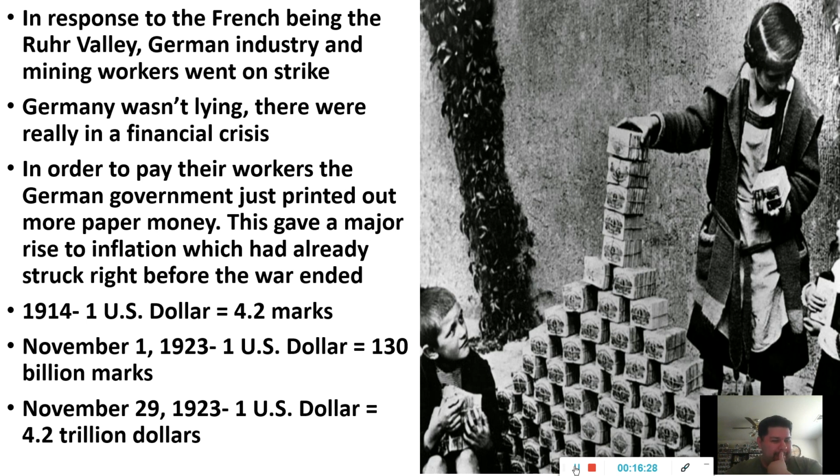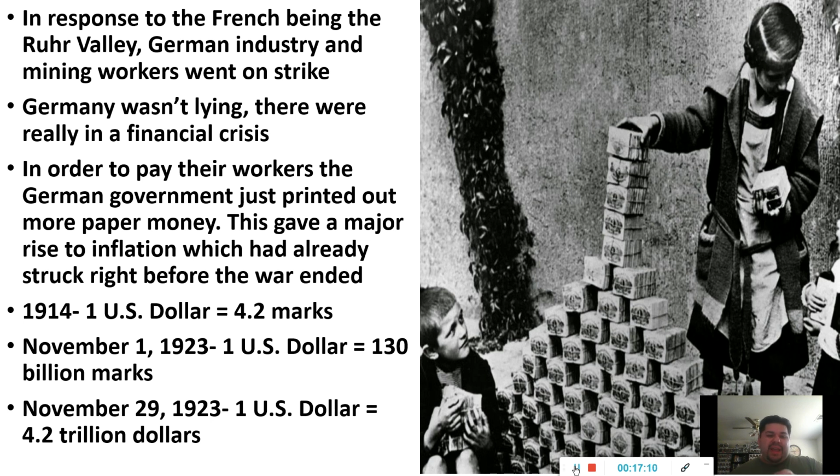And you have to remember, some French people were actually like, those Germans, they just don't want to pay us. They're full of crap about being in a financial crisis. In reality, they really were. They were hurting pretty bad. Because not only did they destroy other cities in World War One, their area was also destroyed. The fighting wasn't just in France; it was also in Germany. So their area was pretty destroyed as well, and they really were in a financial crisis.